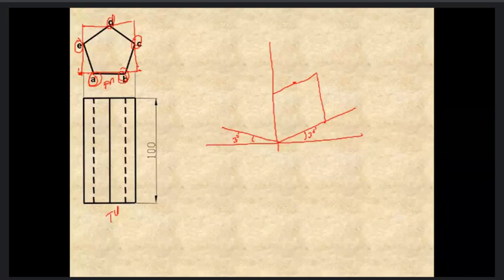One more thing I want to show you. That is isometric projections. So what are the differences between isometric projection and the isometric view that I have told you about?